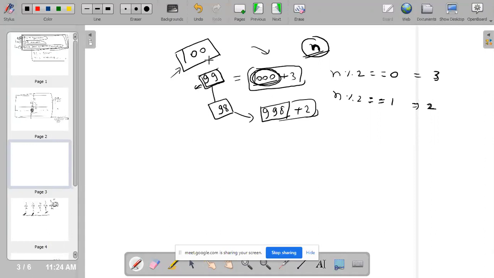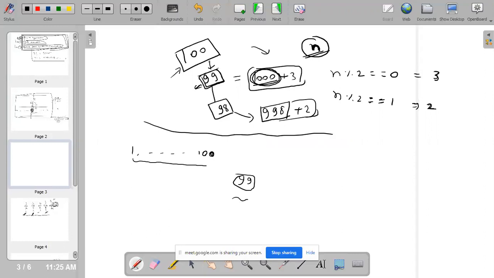Similarly, if someone asks you for the sum of the numbers from 1 to 100, you can say, Mr. X, please let me know the sum till 99. Then I can tell you the sum of 1 to 100.